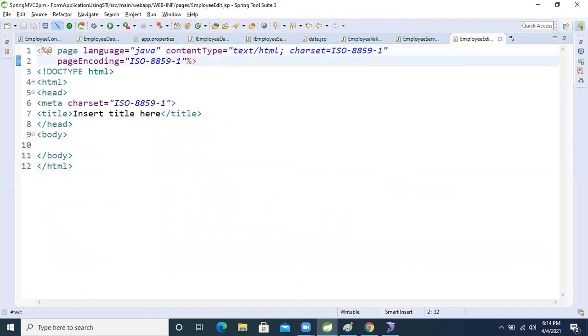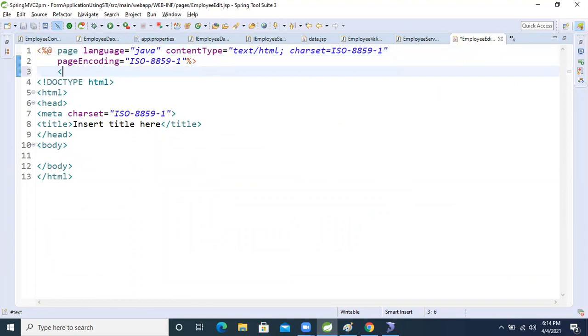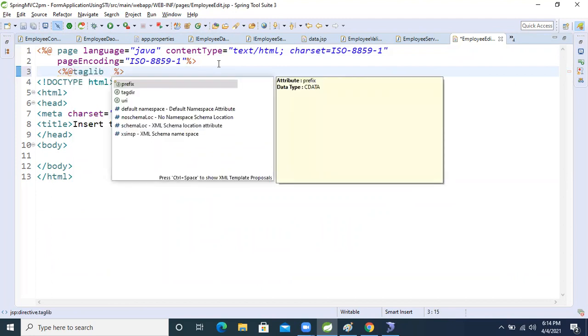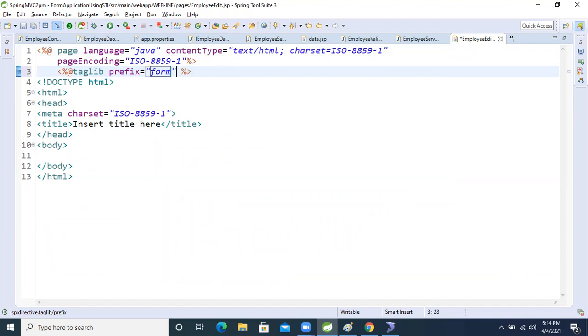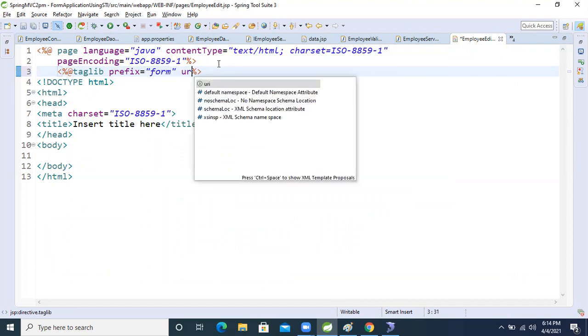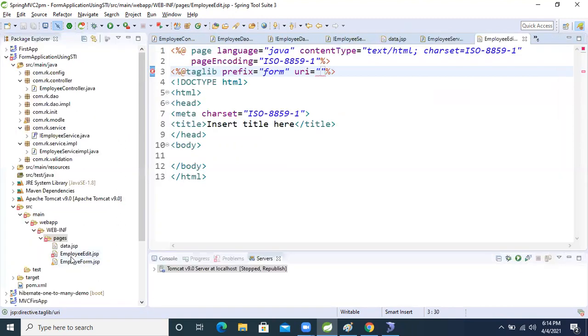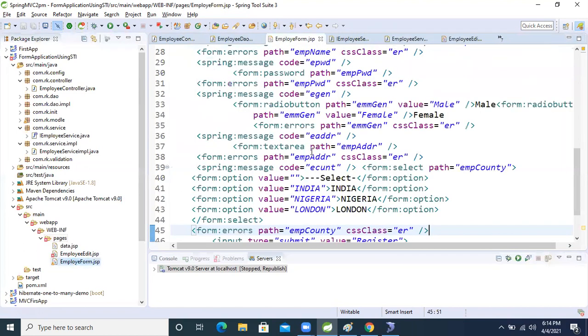Now let's move on. We will use the taglib directive, with the prefix form. After that, the url: we have already taken it inside this JSP, employee.